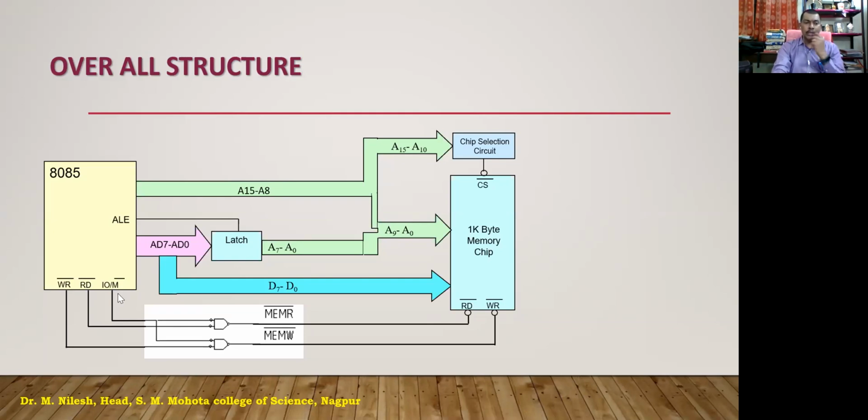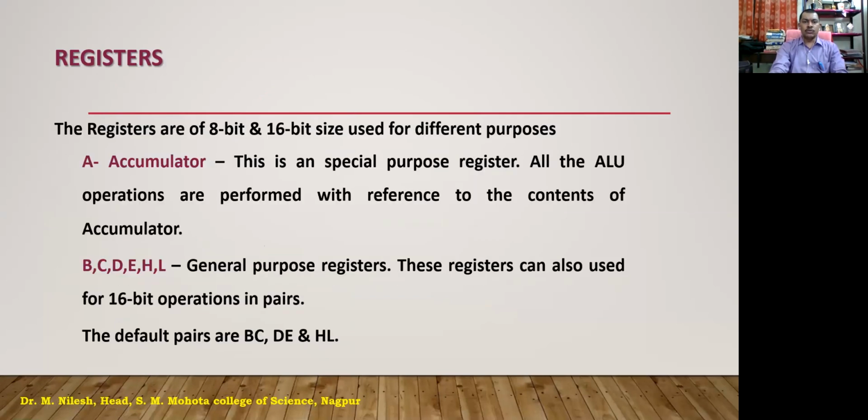Now as you are able to see, input output is active high, whereas memory is active low. Memory bar means the same line, if it is kept at 1, it is going to communicate with the input output devices, whereas when this same wire is kept low, it is concerned with the memory. So this is controlled by the timing and control unit internally. That block we have studied in the internal architecture. I'd like to show you that internal architecture again.